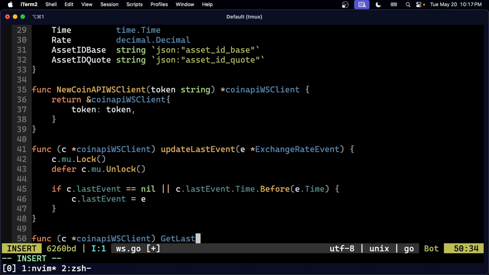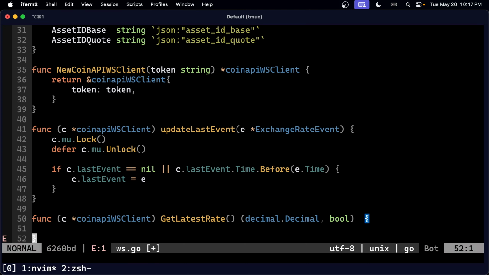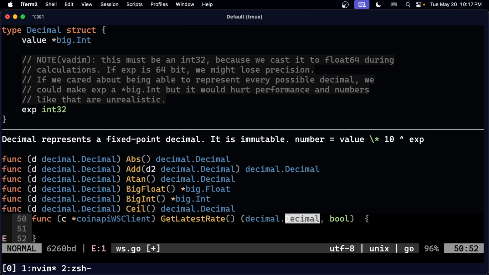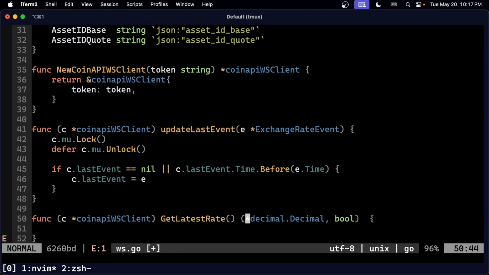Get latest rate, and it's going to return a decimal and a boolean, and so it's going to return the latest value if it exists. Okay, this is a struct, I think, right? So yeah, we don't really need it. We can just